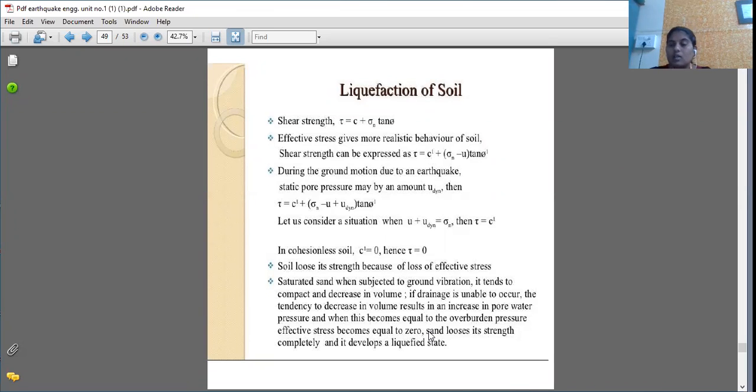Means whatever the solid state of that soil, it is going to be changed into liquid, it will come into the liquefied state, in terms of mud, and because of excessive vibration, it will come on the top of the surface of the earth.